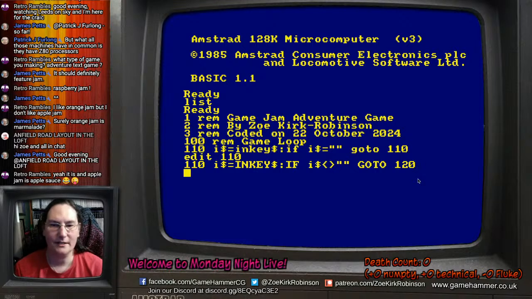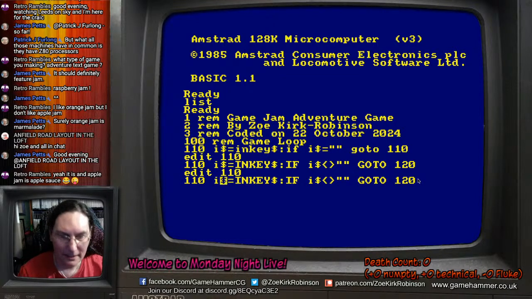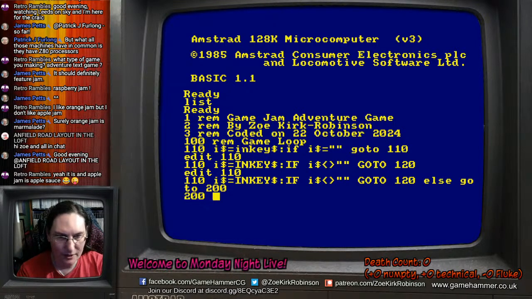Go to 120. Why did I do that? I was going to do something clever. Okay, edit that again. If I squared is less than or greater than blank, go to 120, else go to 200. Right, 200 is where we'll go if nothing happens, and 200 is